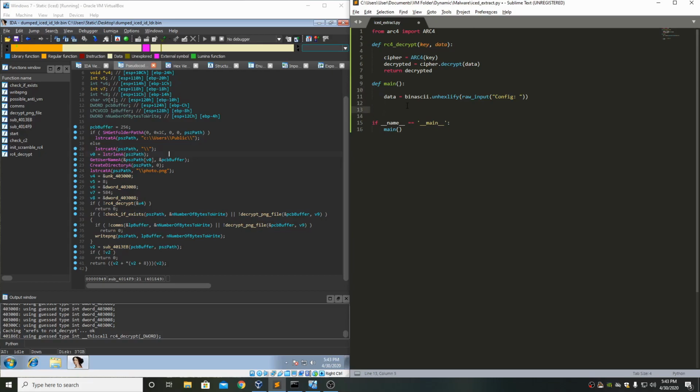We want to go ahead now and extract the key from the data. So we know the first 8 bytes, I believe, are used for the RC4 decryption key. So if we now type in key equals data and then [:8] like that, this should take the first 8 bytes. And now if we do data equals data[8:], this should take everything after